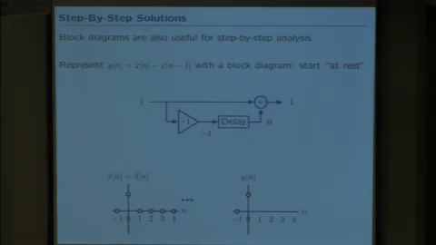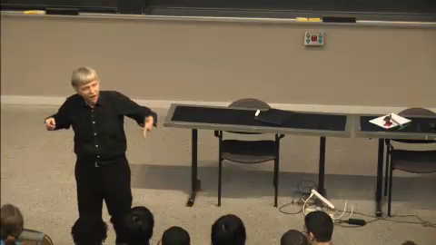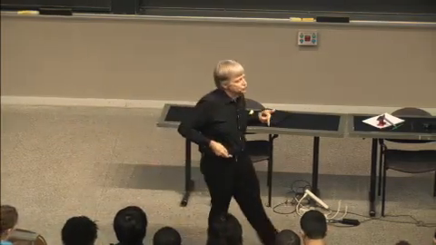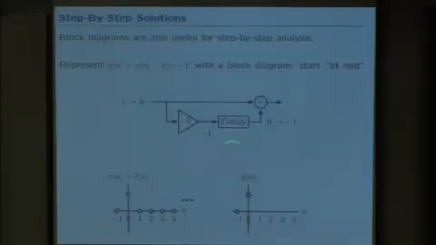Then at the next instant, as the time index goes from 0 to 1, two things happen. The input goes from 1 to 0, and the delay box gets updated. The delay is now reporting to me the value that was at its input. So the output of the delay, which had been 0 because it was at rest, becomes -1.